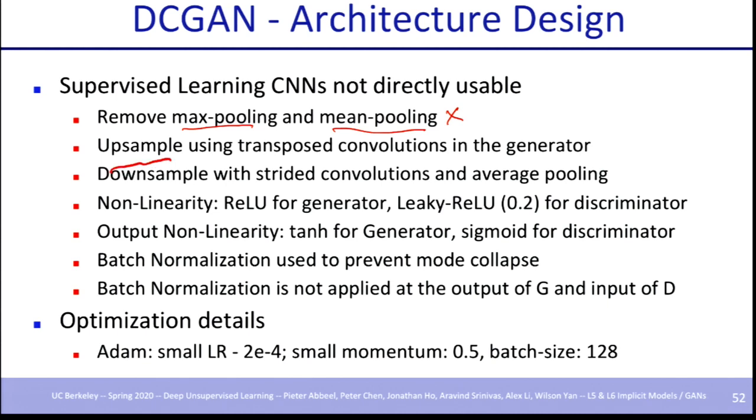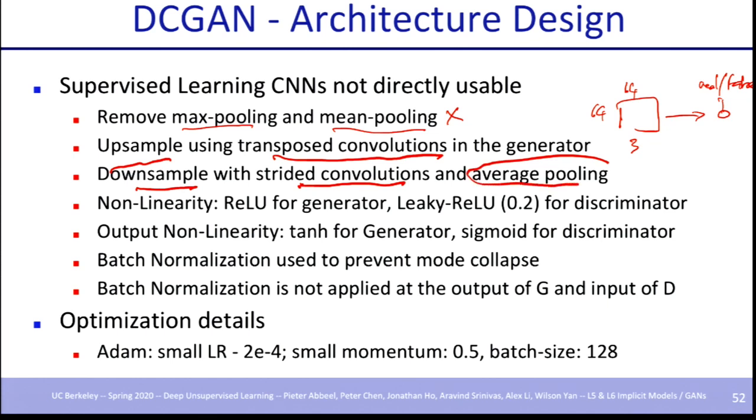Whenever you do upsampling in your generator, you're using transpose convolutions. And when you do downsampling in your discriminator, because your discriminator is going to take a 64 by 64 by 3 input and try to go all the way to a single value which says real or fake, you'll be downsampling exactly like mirroring the generator: whatever resolution you got at the end will be at the beginning in the discriminator. There you use strided convolutions to do the downsampling, and you use average pooling only at the end before predicting this value, just like in a classifier where you use mean pooling at the end. You never use it in between.